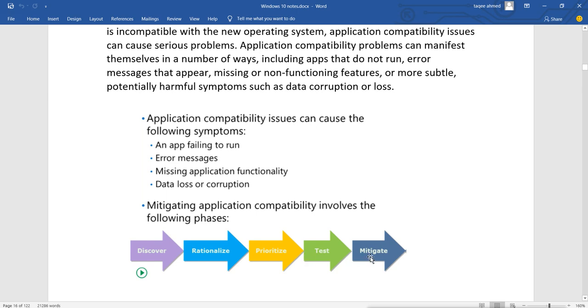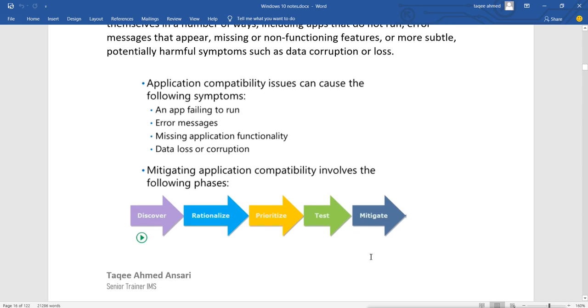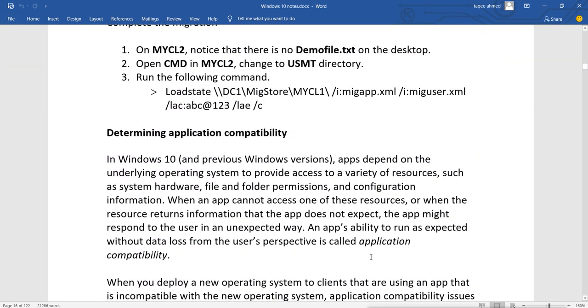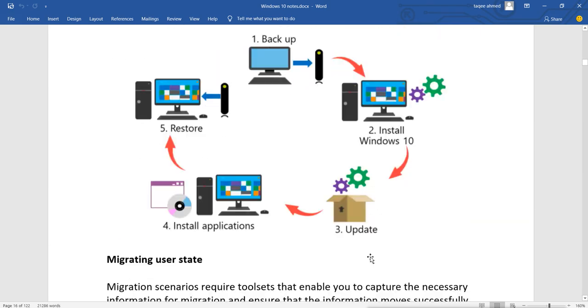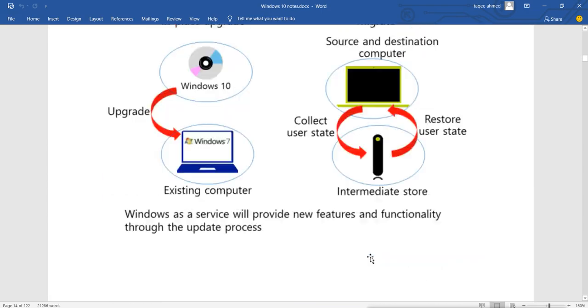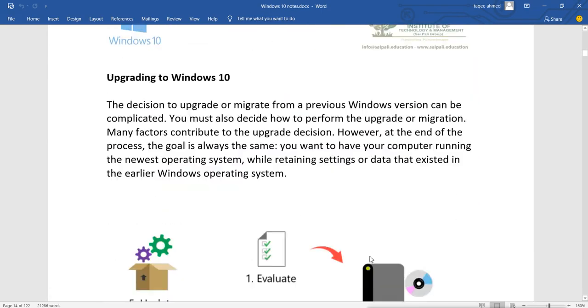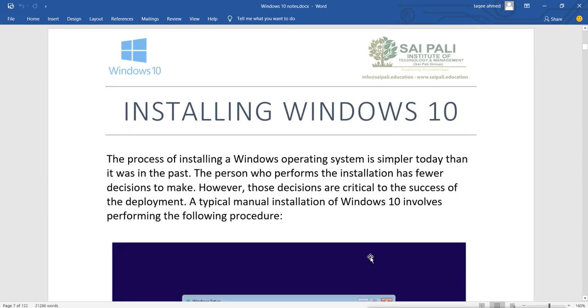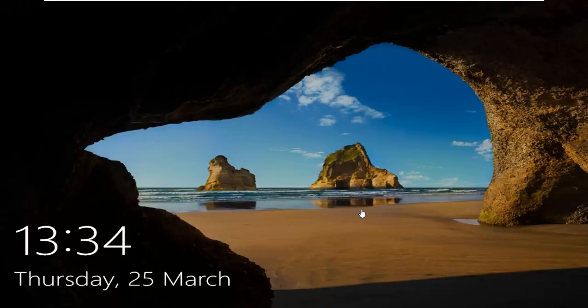So these are the steps for doing migration and upgrading, and these are the steps to do the complete installation. By doing all these things, we will complete the installation. Now we have installed the VMware Tools on our system, and the machine was started. Now let's check that first. This machine has also started after installing VMware Tools.